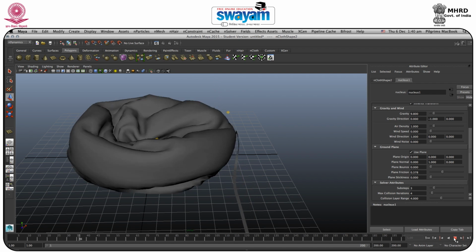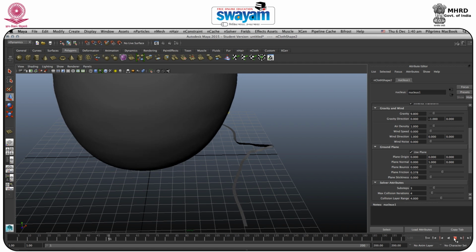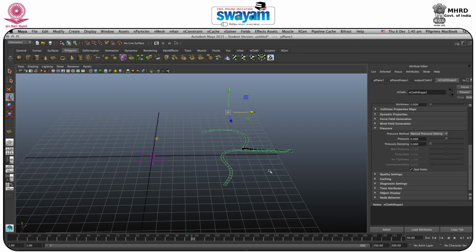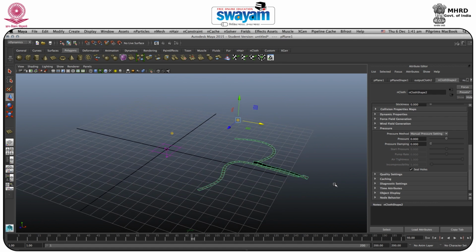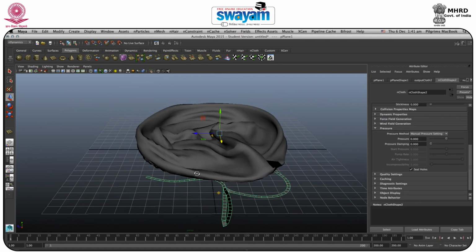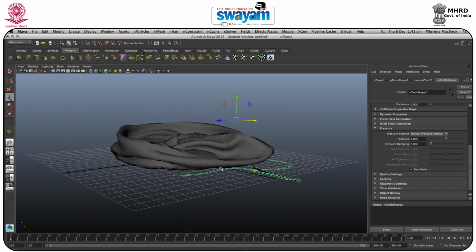Now it will just collide with that particular balloon and will fall. And after that, what I will do, just pause over here. So I will select this and make initial state set from current. Now I will just select this part and do one more thing. I will just select this area,